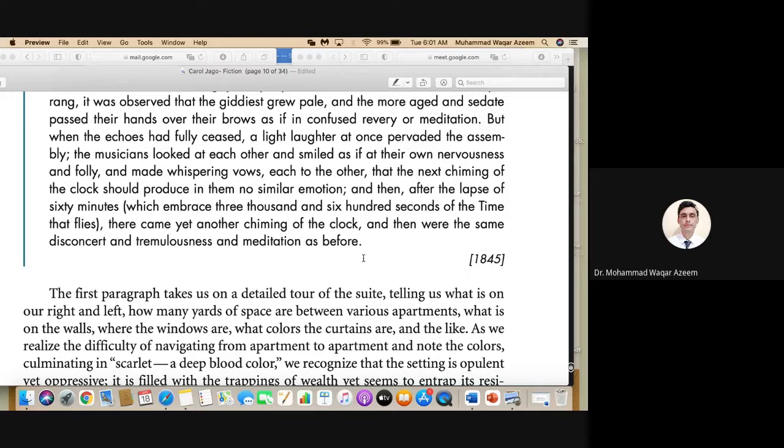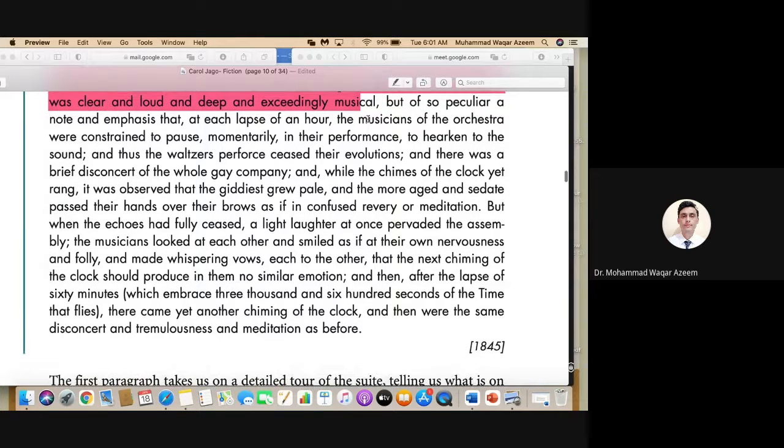Okay, thank you. So you might have noticed that it is a very well detailed setting. And I hope you agree, based upon this reading, that this is nothing but setting. So in this whole extract, no action takes place,